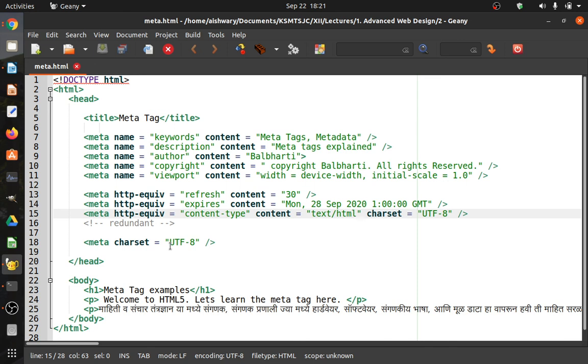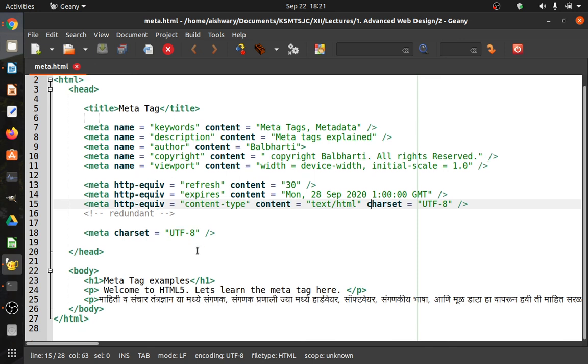For example, if you are using normal English text, where the script is Latin, then we can use, for example, ISO 8859-8. If you need to render some Indian scripts, or Japanese or Chinese scripts, then accordingly the character encoding will change.